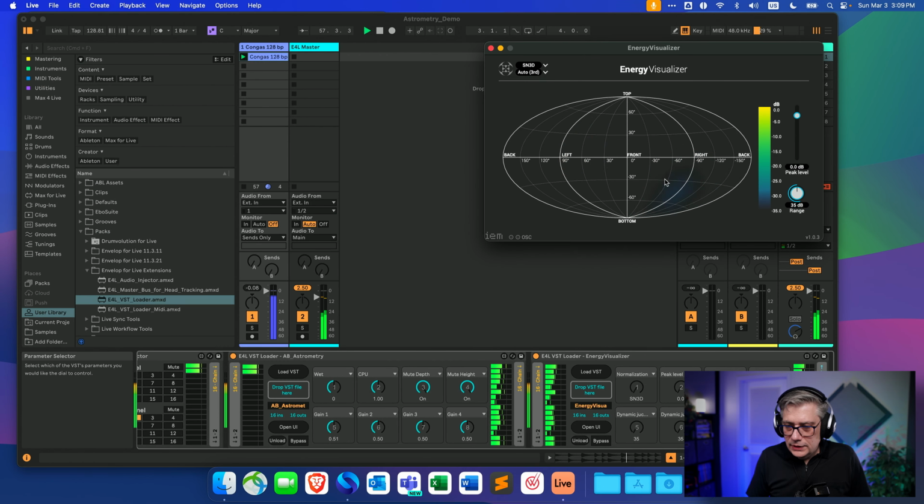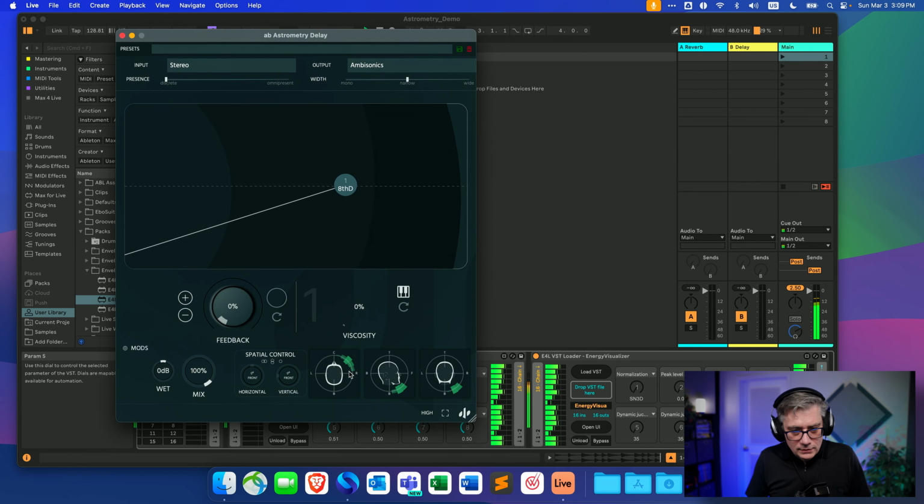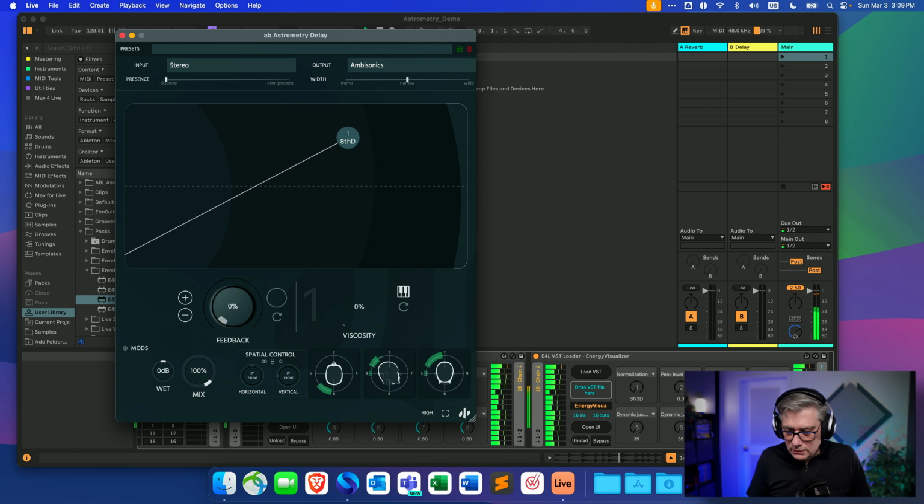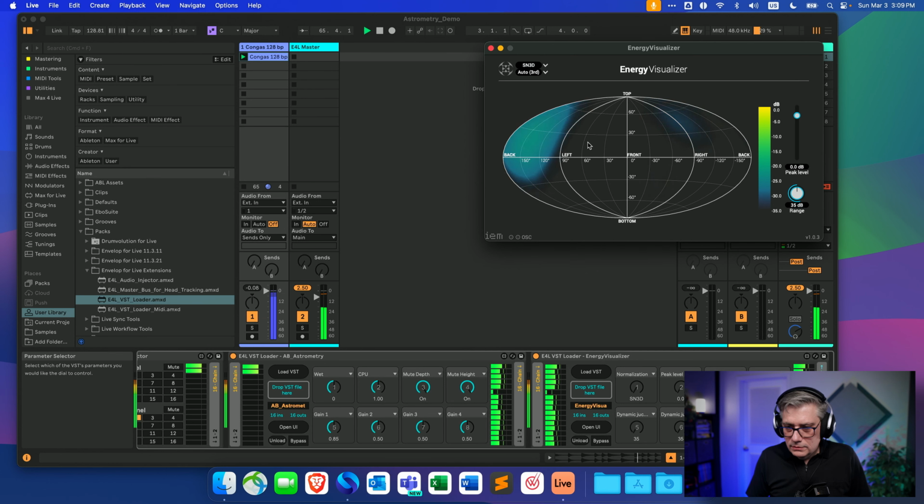So essentially I see exactly where the energy of the tap is. So if I recalculate that, it's now in the back. And you see it here now in the back.